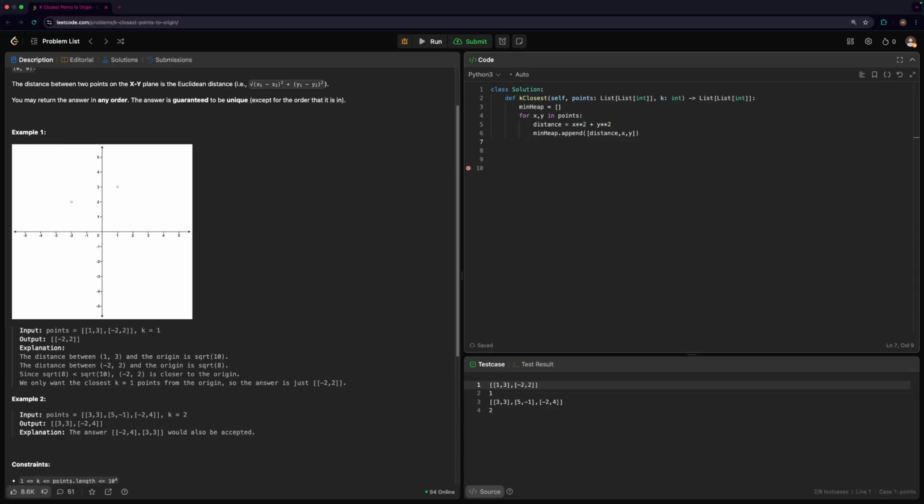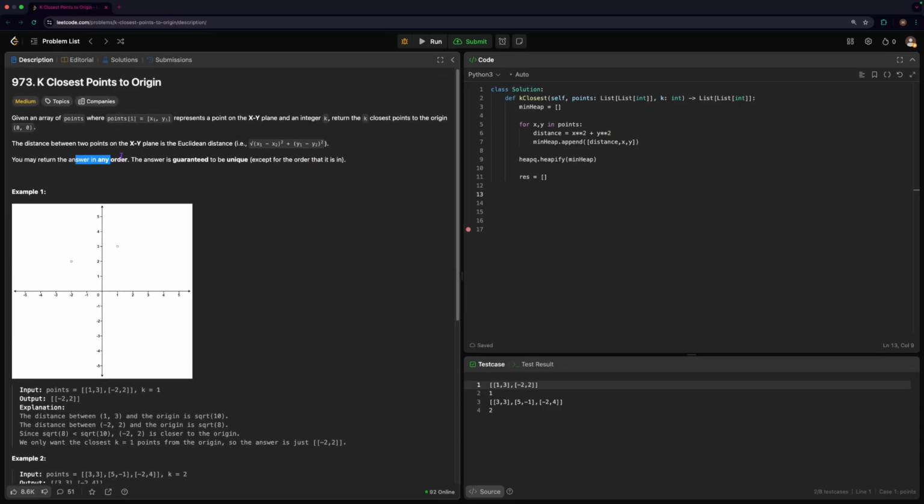Cool. So we got the array built out, but now we need to actually heapify the heaps. We're going to use the heap queue class, the heapify method, and we're going to pass in the min heap. So now this gives us our heap. Now we also want to initialize our response, so our output, and now we want to output the k